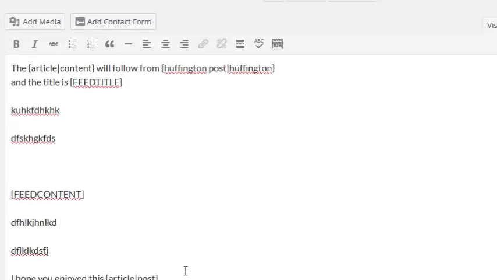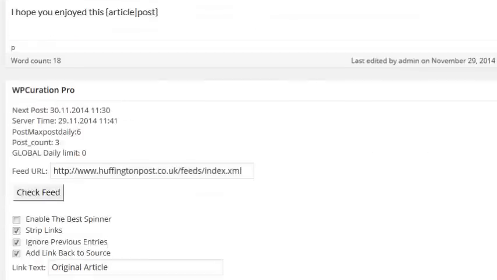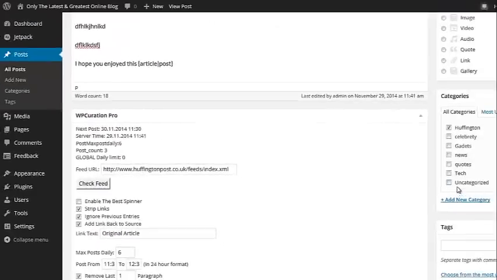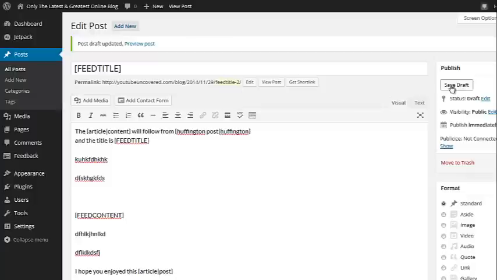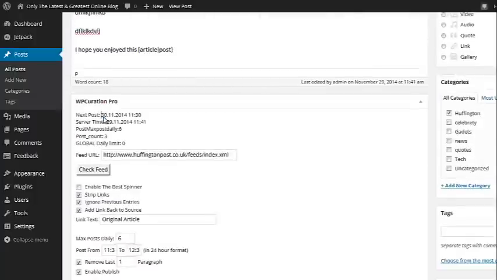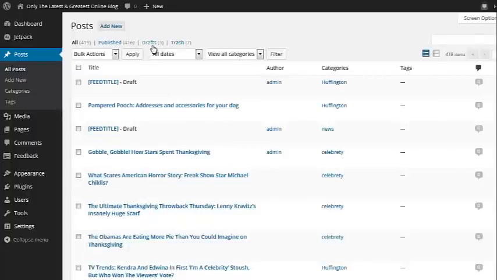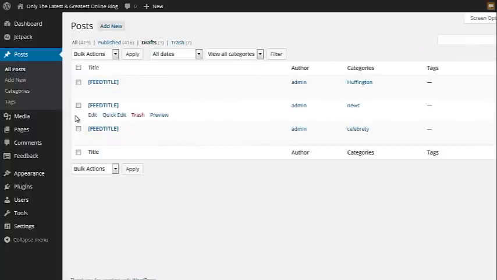So this is exactly how it would work. Then you make sure you select the category you want to add it to, and then you save it as a draft. When you save it as a draft, the next time it posts, it'll tell you and update everything there as well. Let me go back over to post. Obviously, I'm not going to save anything over here, and as you can see, I've got 3 drafts in here. You can have as many drafts as you want, and they're all going to be set to post